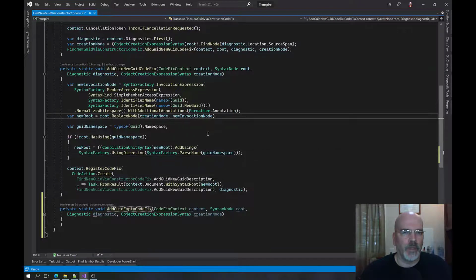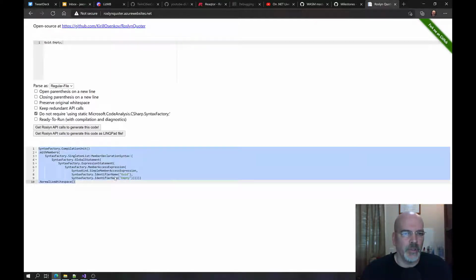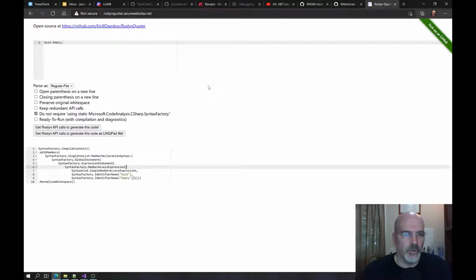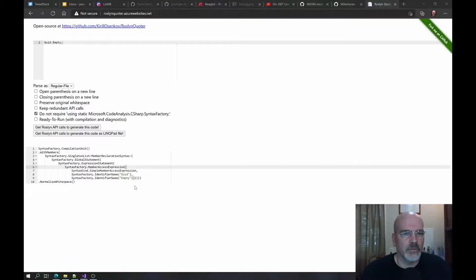Okay. And the way we do that is we're going to come over here. I was already looking at the third one, GUID.empty. Okay. We're going to generate this, and I'm guessing that we do an invocation expression here. This is going to be a member access expression. Well,